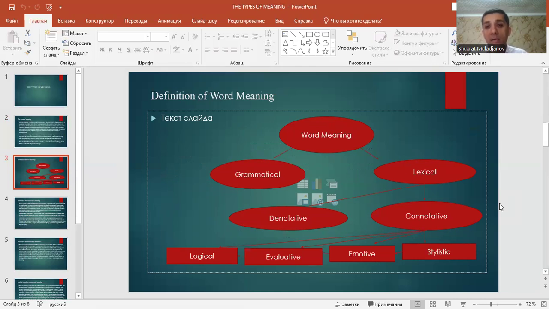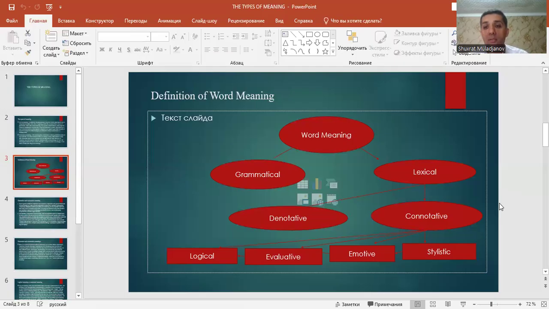Lexical meaning is a very important point in stylistics and in stylistic translation, which is why we devote our lesson to it. Lexical types of meaning can be divided into two groups: denotative meaning and connotative meaning. Denotative meaning is the direct meaning of the words in utterances. When we regard the word, we recognize its direct characterization and direct meaning. So here we regard words as an objective phenomenon.